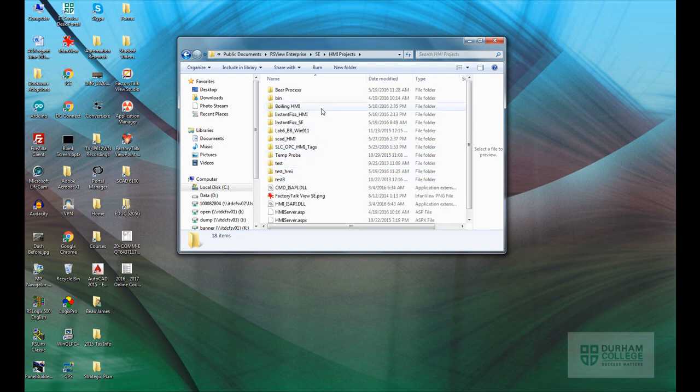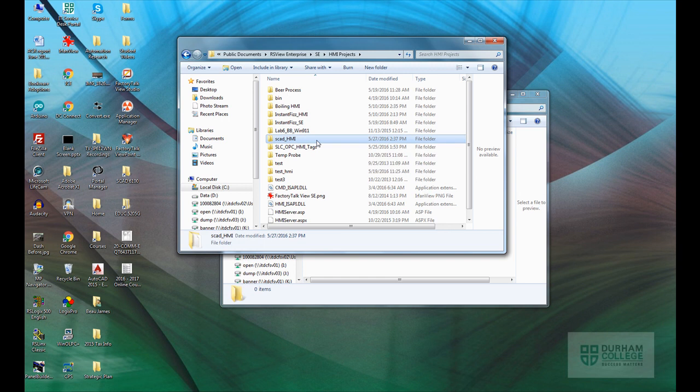Inside here, anytime we create an HMI server in a FactoryTalk View SE project, a folder is created in here. So in our case for Lab 2, the HMI server had the name SCAD_HMI. So we created a backup of the project previously through the administration console, but we also have to create a copy of this HMI projects folder. If we don't, then our project will not open up on another PC, or even on the same PC if we've deleted and gotten rid of a project altogether. So I'll go ahead and right click on the